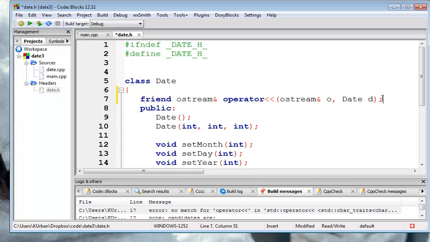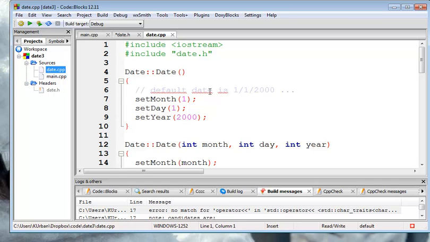So this is my prototype. I've declared it as a friend, which means it's not a member of the class, but it is in there as a prototype. So I have my prototype in the header file, which will be included every time I include date.h. I'm actually just going to hit Control-C, copy this, go over here to the date class,